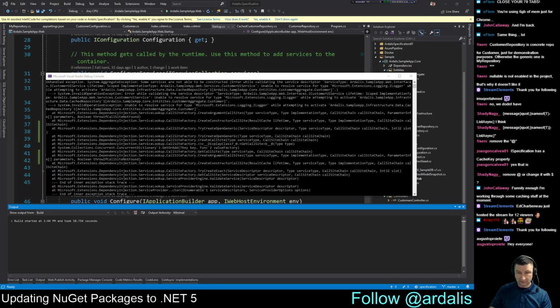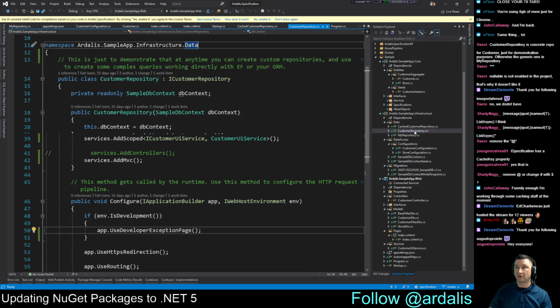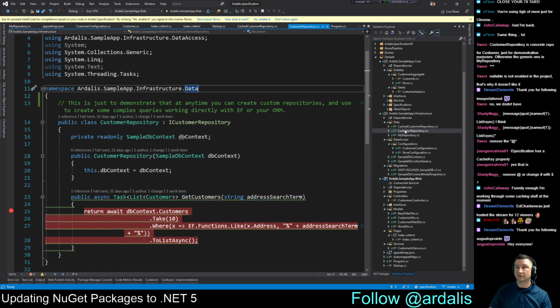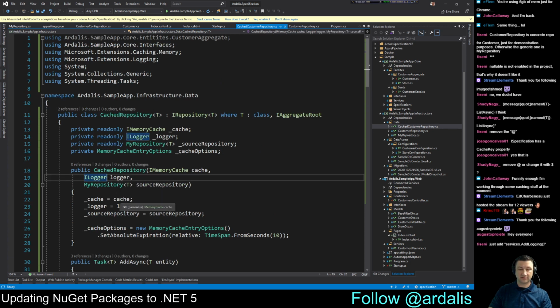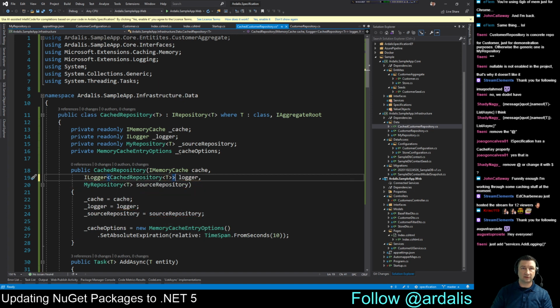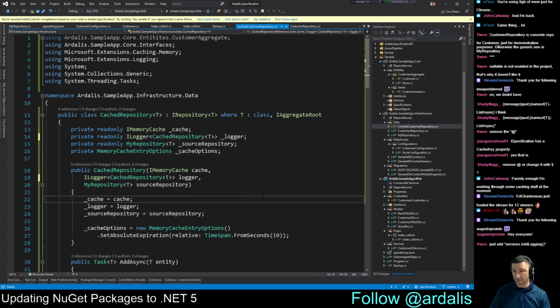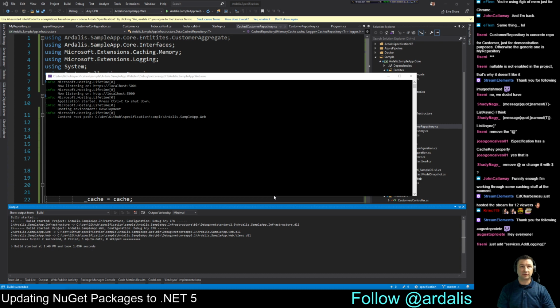And the answer is, ILogger is no longer registered by default, but ILogger of T is. I forget the T. That's the problem. Okay, that makes sense. So that was my fault, obviously. But this ILogger needs to be an ILogger of CachedRepository of T, like that. And that also needs to be true of this. So you can't just have an ILogger. Or at least you can't, by default. We could add support for it, but okay,